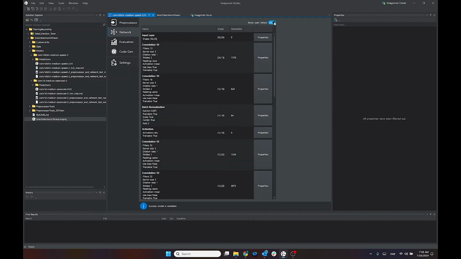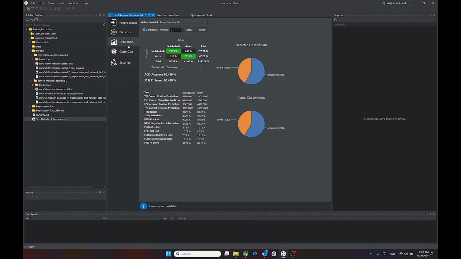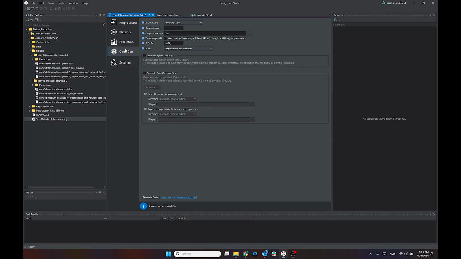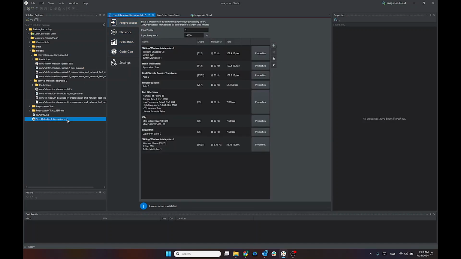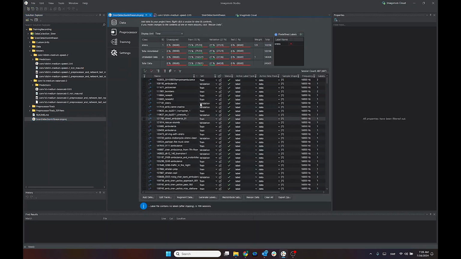We also have metrics for the evaluation, so you can see the different aspects, and you can choose the display units, and then this is where you would go to generate the code. But what we're going to do is navigate to our project so we can see the output of the model based on this